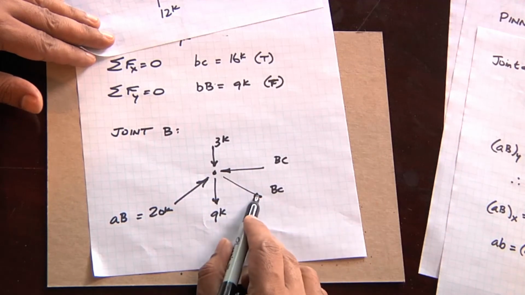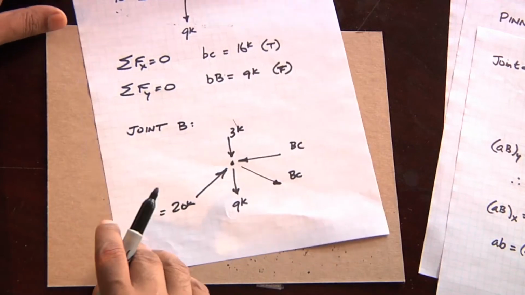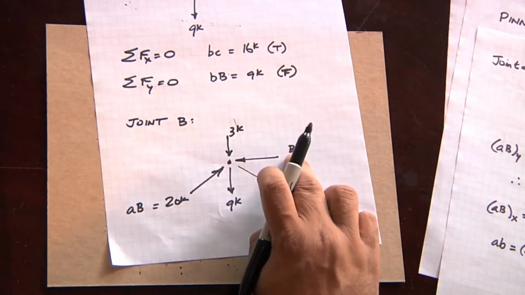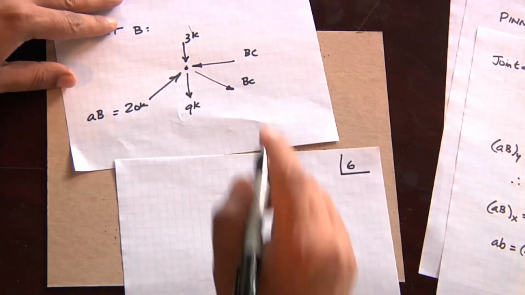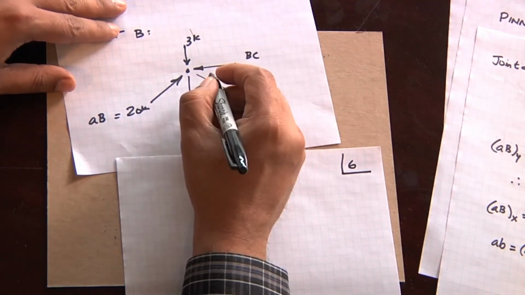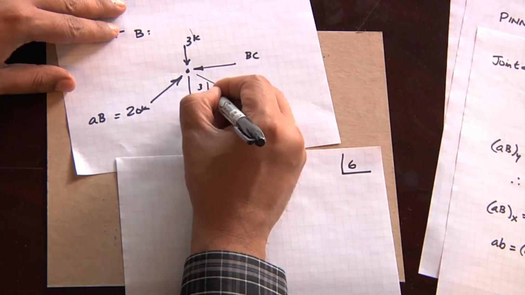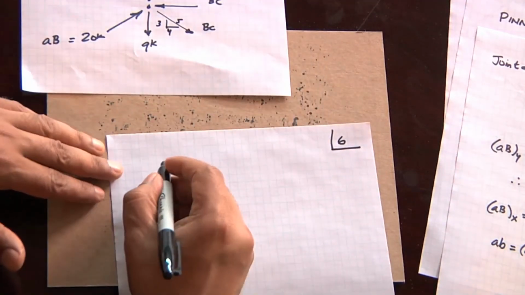The other way you can tell is to sum the forces in the y direction. That's a fairly simple way to solve this because BC cancels out. The horizontal chord force cancels out. Let's take a look at that calculation. This is sheet number 6. What is the slope diagram here? Well, it's the same slope diagram as before, a 3 to 4 to 5 triangle. And so if we sum the forces in the y direction,